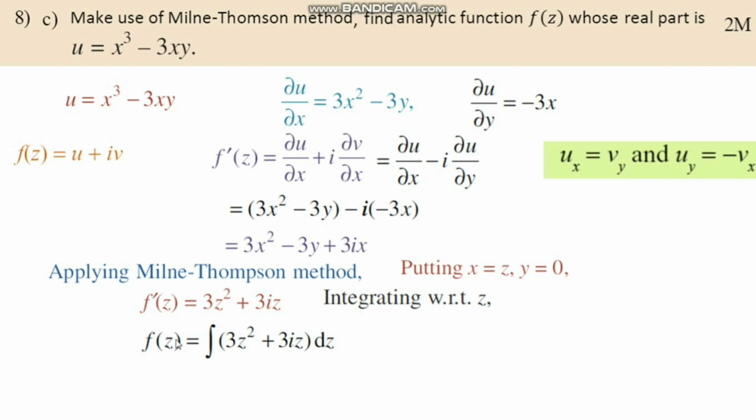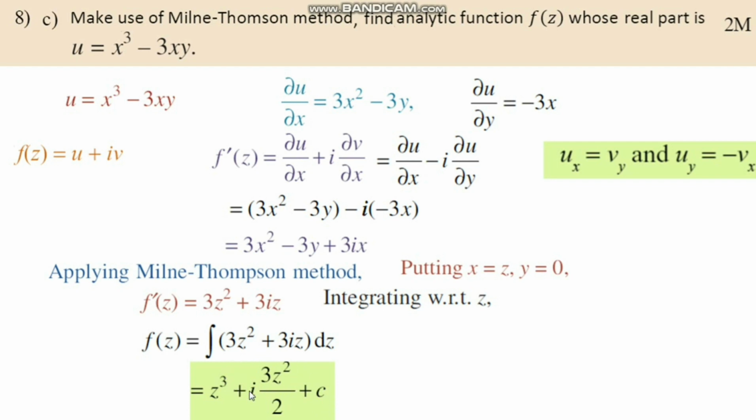On left hand side we have f of z that equals integral of (3z square plus 3iz) dz. 3z square, its integration with respect to z is z cube, plus i times 3z integration is 3z square by 2, and one integral constant is added on the right hand side, which is the required analytic function only when the real part is given by using